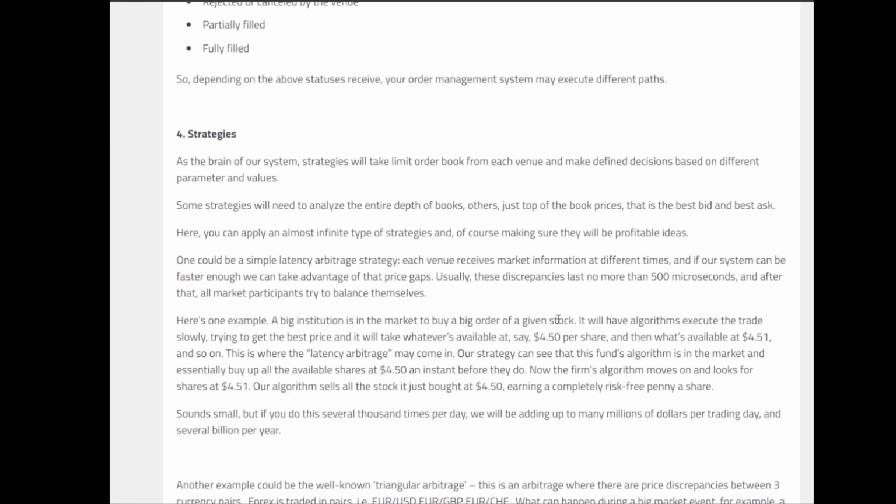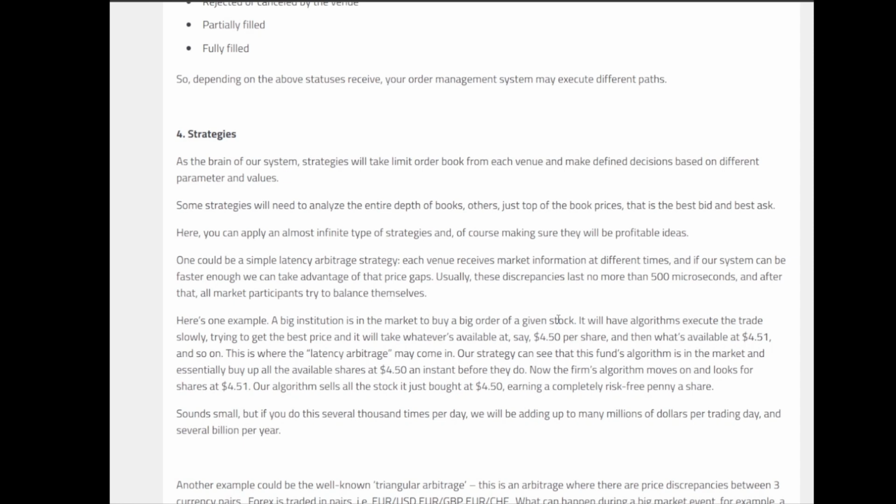Here we have made around, I think, 1 cent on a million shares, or maybe 1 cent on 100 million. If we had shares worth 100 million, I think we would have made something like a million there. And this might sound small, but we do this several thousand times